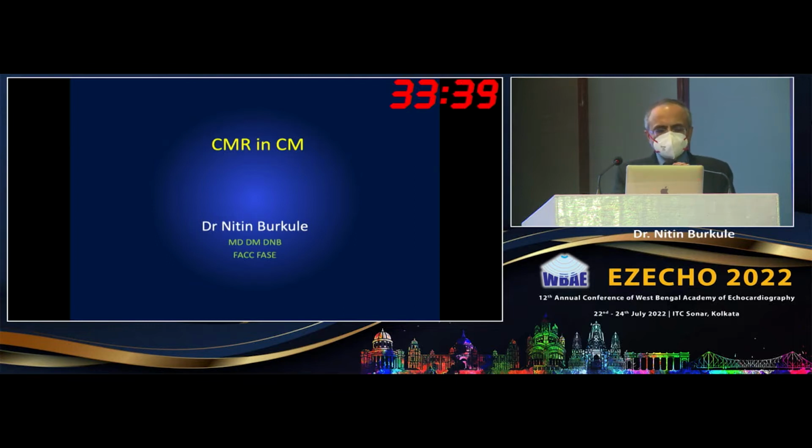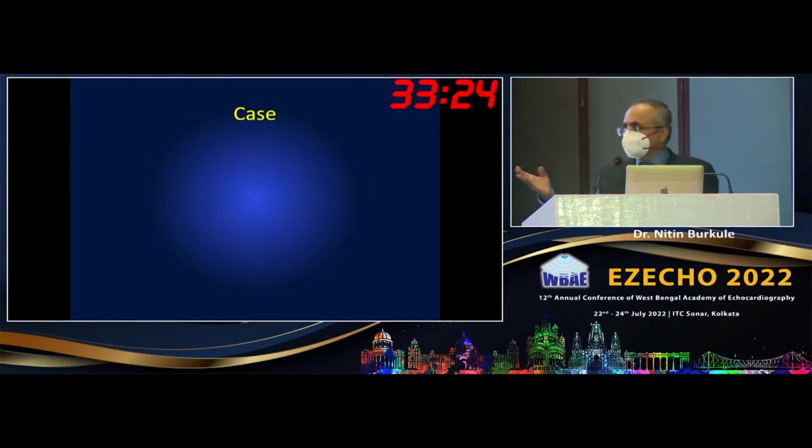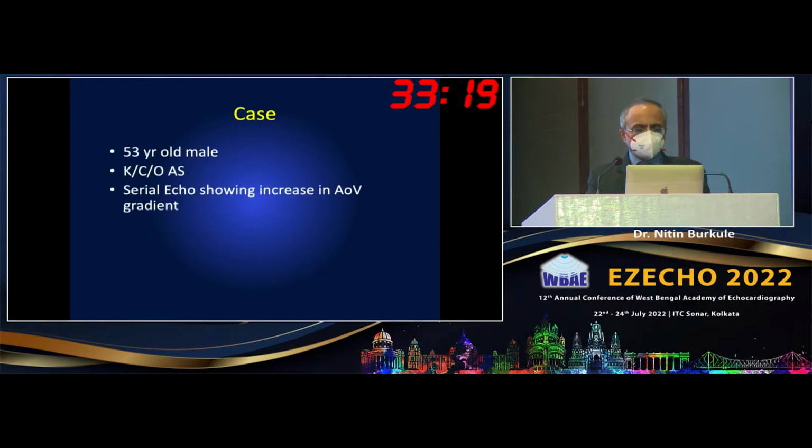So what I thought is that since all of you are clinicians, I will go by cases and show the power of MRI in cardiomyopathy rather than giving a theory. So we'll start with some very regular kind of cases. This is a 53-year-old gentleman, known case of aortic stenosis. Serial echoes are showing an increasing aortic valve gradient, but it has not gone into the severity range. He has now recently developed LBBB, so his EF has dropped, his angio is normal, and he is also